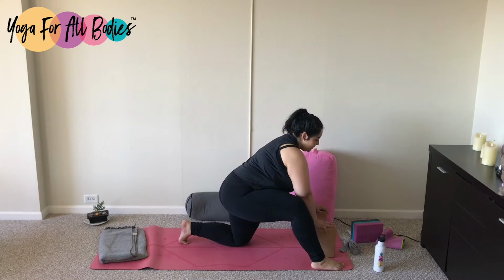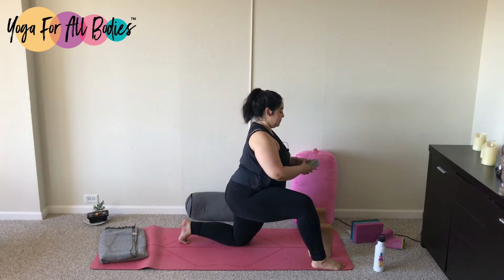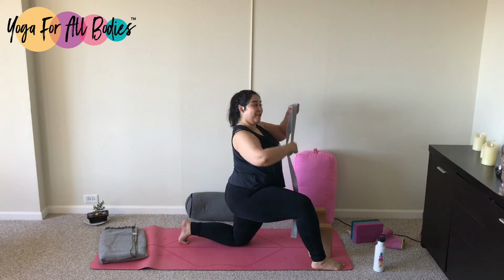Now stop the movement, press the hands into your blocks and have your strap nearby. We will come to our shoulder stretch, Gomukhasana arms. So grab your strap